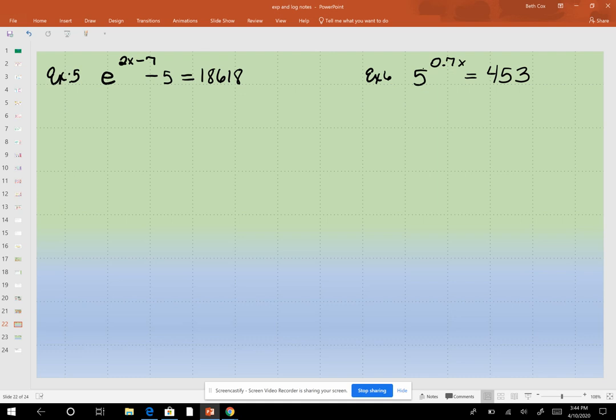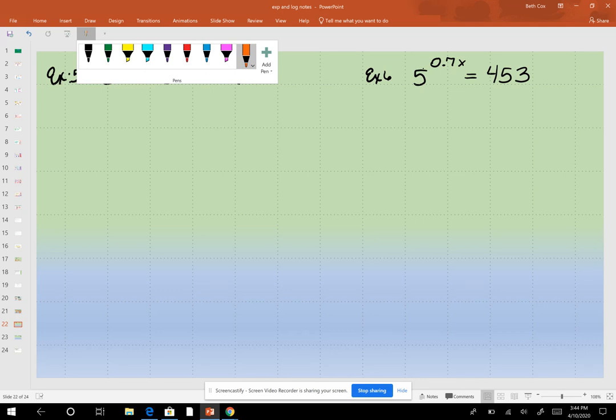Okay, guys, we're going to do a couple more. We are going to come back to example 4 in a few minutes. It is a really difficult problem, and I just want to continue doing these for a little while. Okay, so example 5 and 6, we're going to do these, and we're going to, again, isolate the exponent part first, and then we're going to